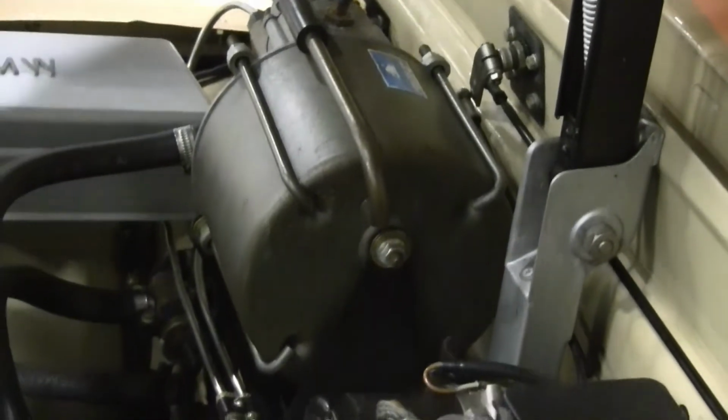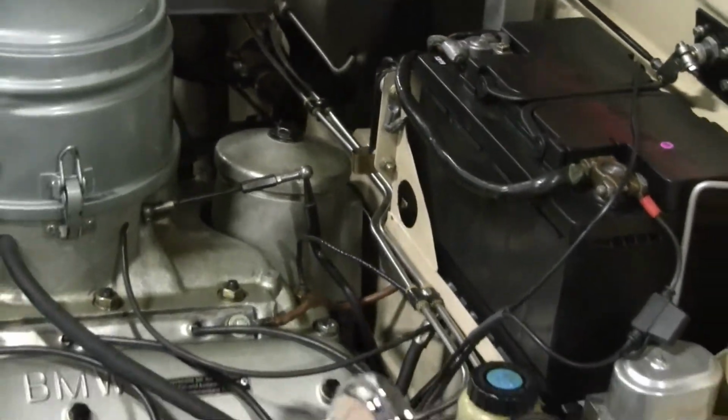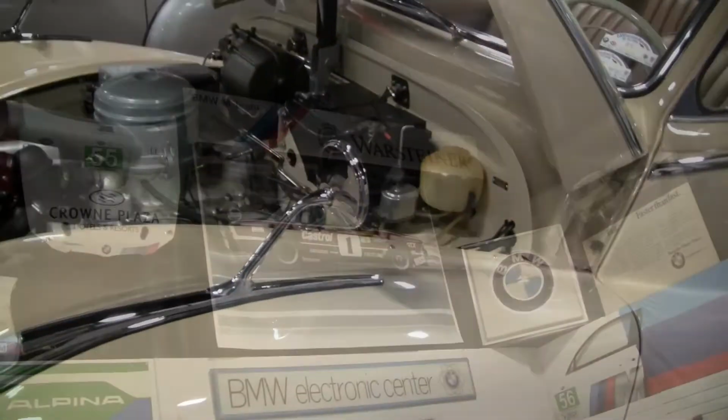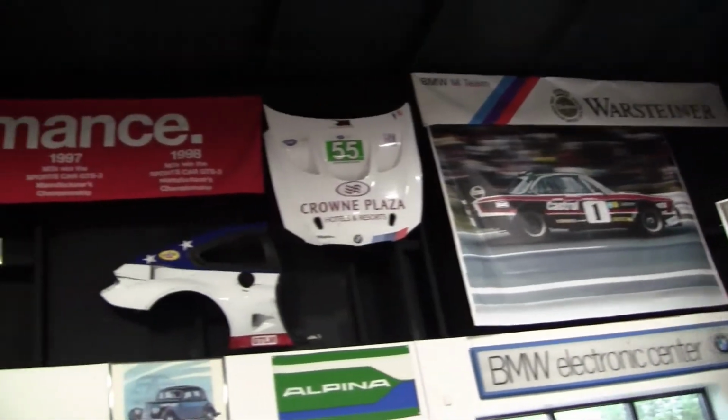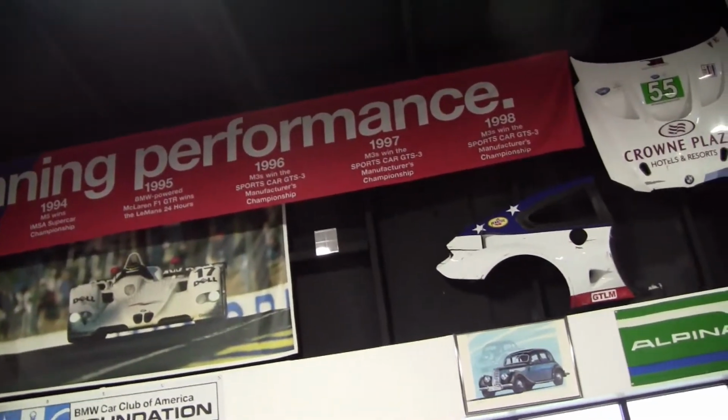Wow. And this is all after World War I. What's amazing, this doesn't look anything like American '56 stuff. You notice that? Nothing like this. That's kind of pretty cool. Start making